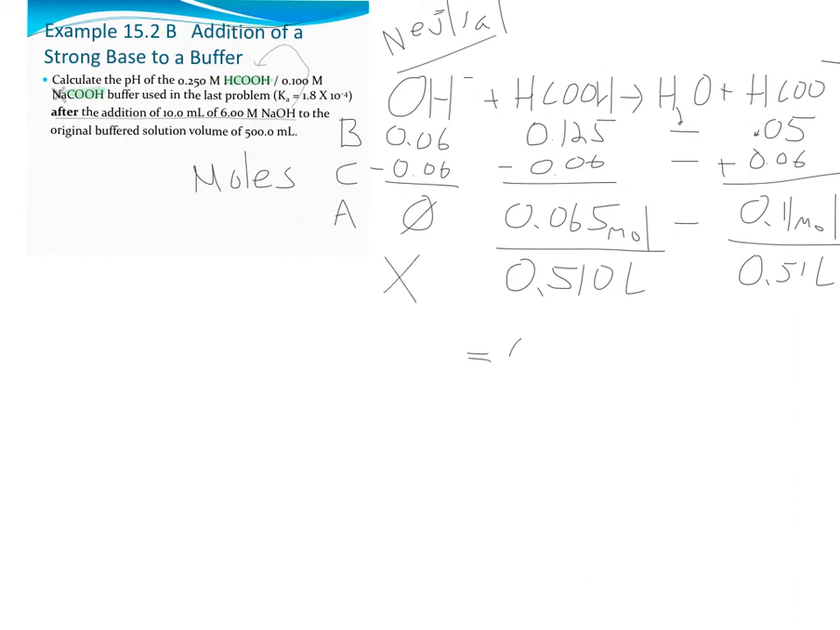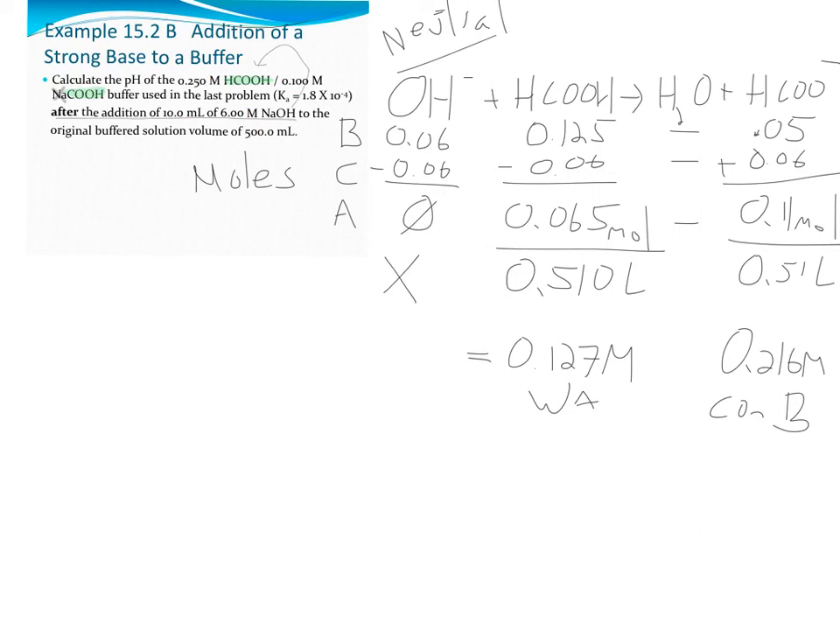I have a 0.127 molar formic acid. Okay, and that's my weak acid. And then I have 0.216 molar of the conjugate base. All right. Now, since that's an acid-base pair, a conjugate pair, we can use Henderson-Hasselbalch to solve the rest of